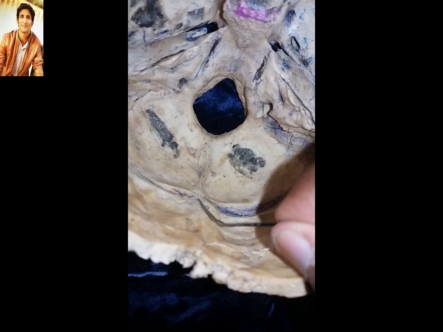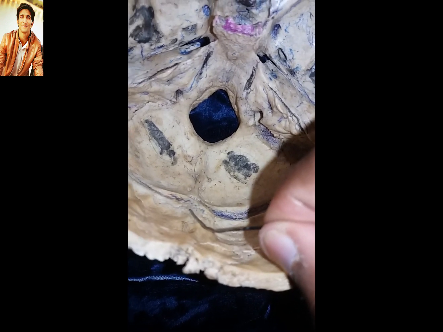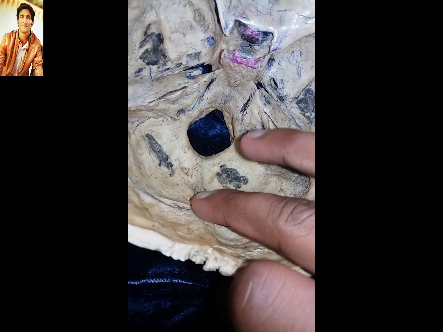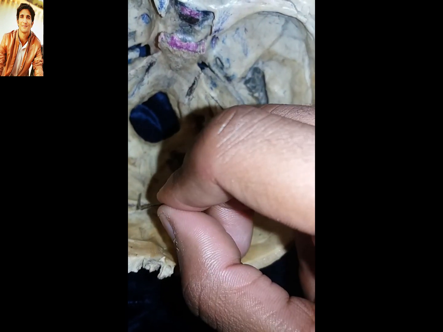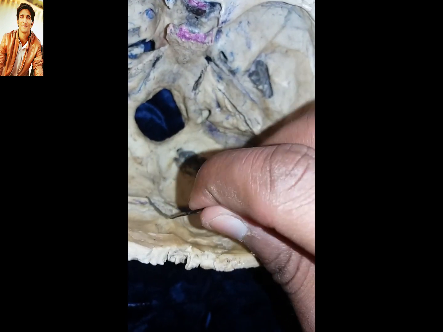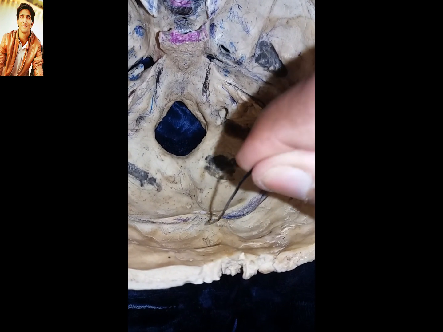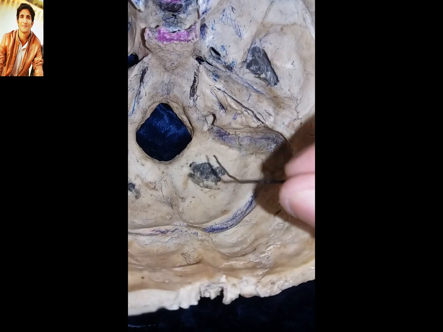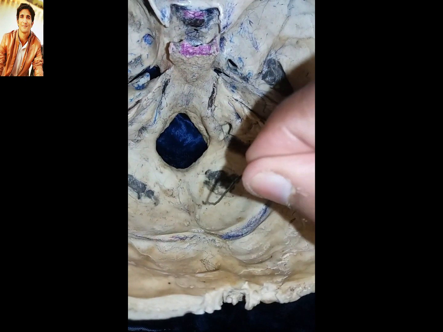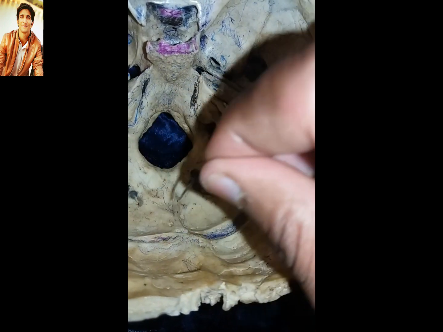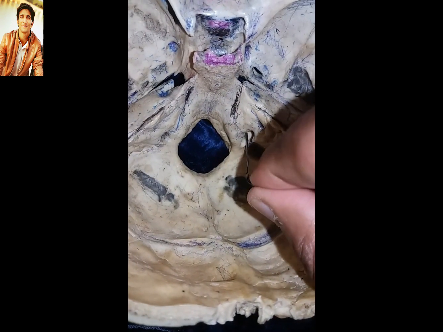Here is the internal occipital protuberance. It lies opposite to the external occipital protuberance. Here is the internal occipital crest, which extends from the internal occipital protuberance downward in the median plane towards the foramen magnum. On each side of the internal occipital crest, there is a deep fossa which lodges the